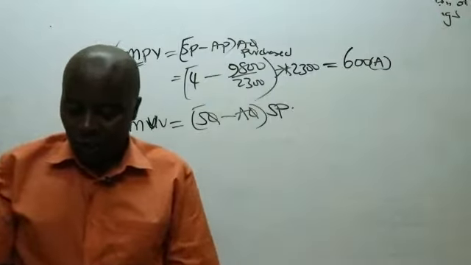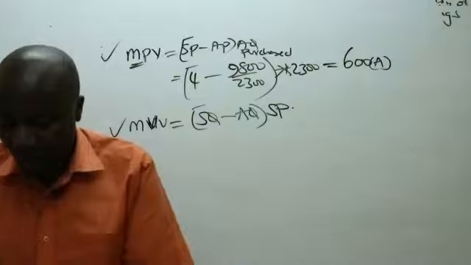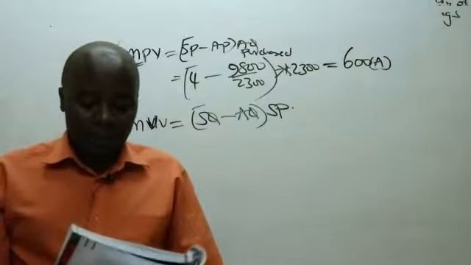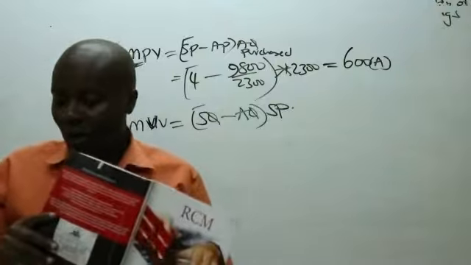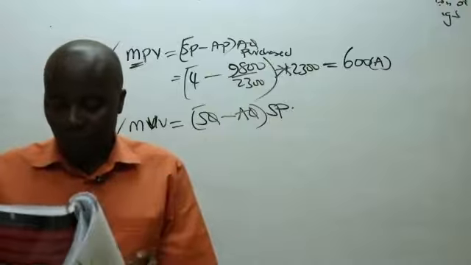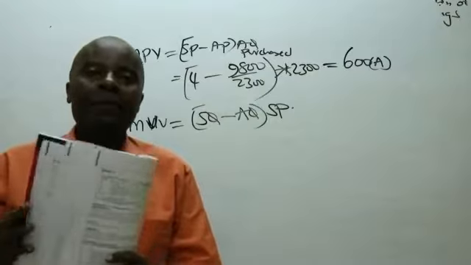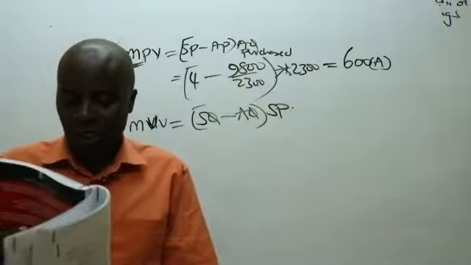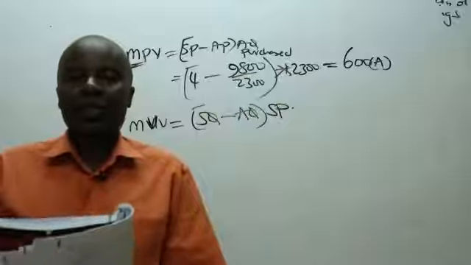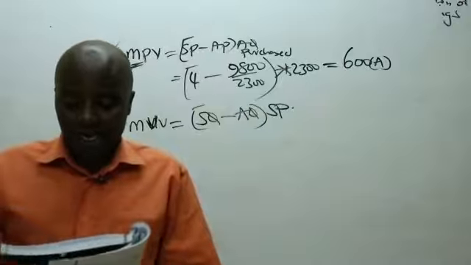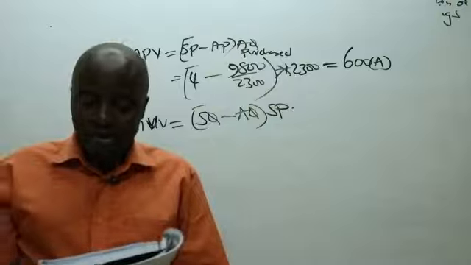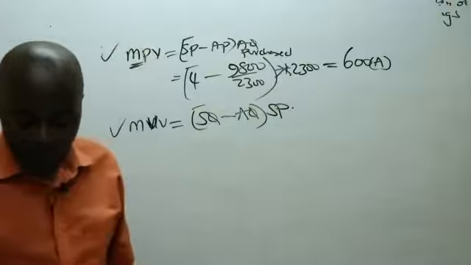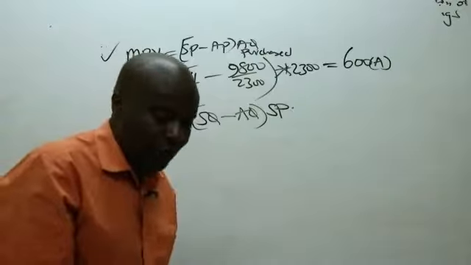December 2013, question number 5C. They gave us a nice question there. Maxi Enterprises Limited. For those of you who have this book, it's page number 49. For those of you who have purchased the revision kits, page number 49. Maxi Enterprises Limited had the following pattern of earnings per share over the last 5 years.